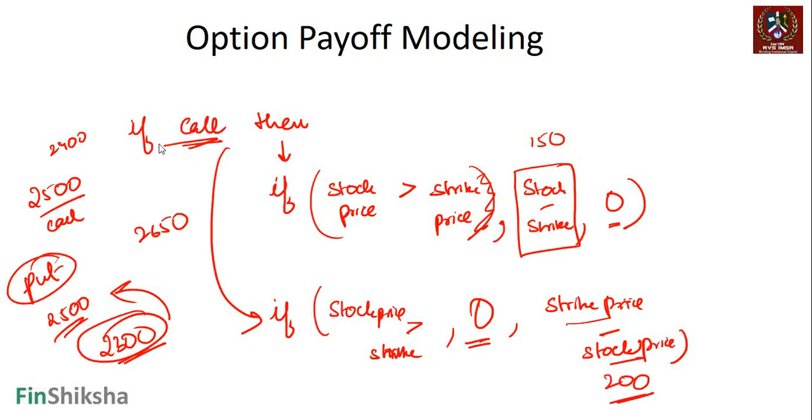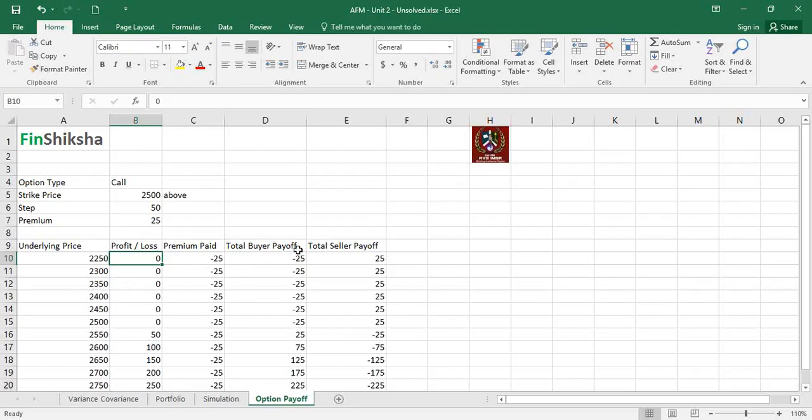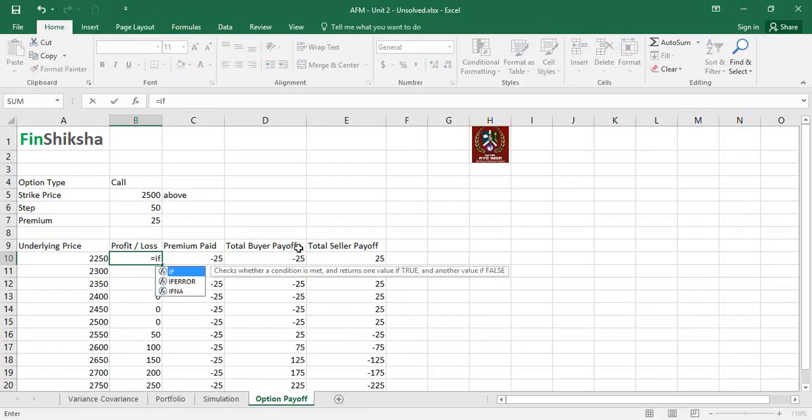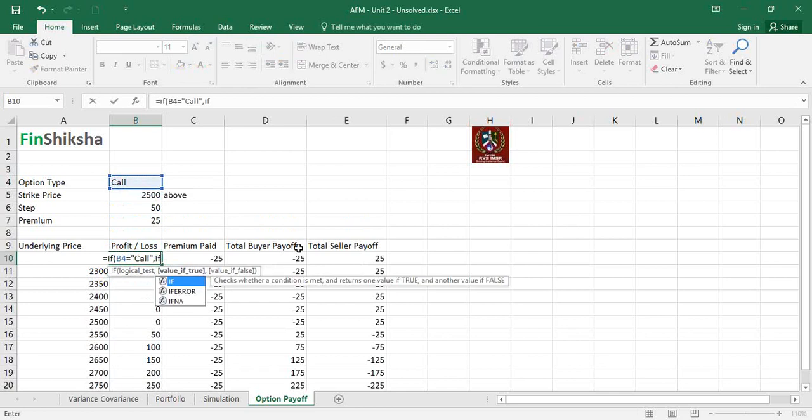So that's the equation. There are two if loops within an if loop, right? If call, then if loop, and then this if loop. Correct? So that's what we are going to do here. I'm going to start with the first if, and my if is going to check if this equals call, right? If that is true, then I write another if inside this. And in this case, I say if the market price, which is in this case this underlying value, correct? This underlying price value